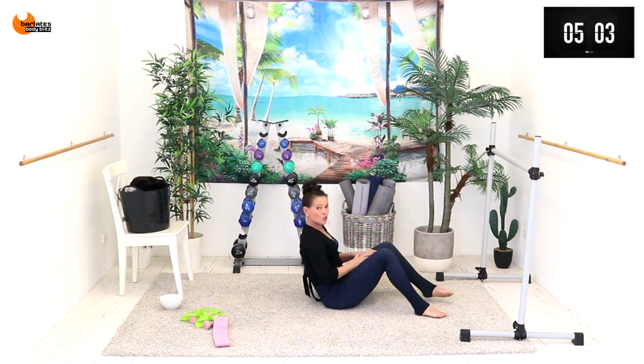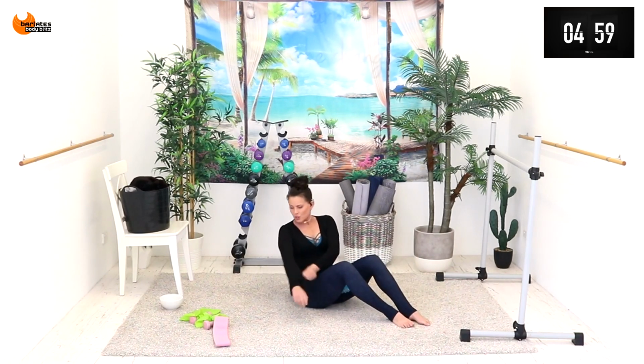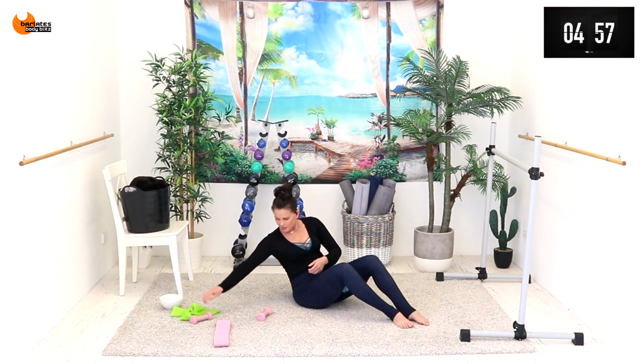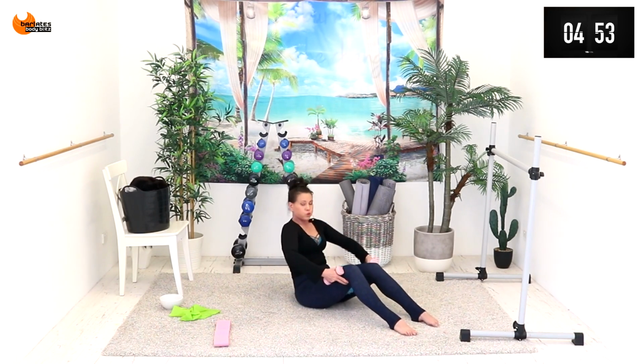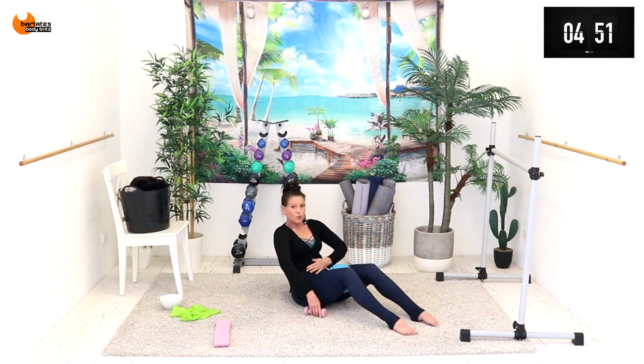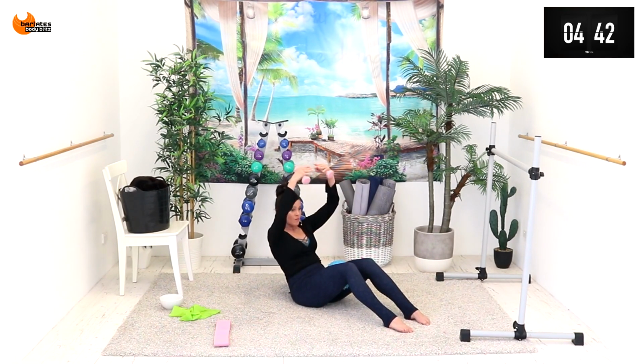put your ball in between your inner thighs and really press it in. We're going to use our light weights again. Now, come back into a C curve. So you're blowing all the air out, letting your tummy become a C curve, your back is rounded. You've got pressure against the ball, and all we're going to do is bring our arms up and to our knees, up and to our knees,